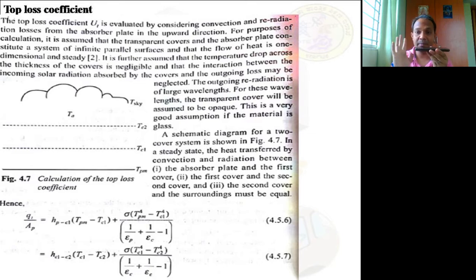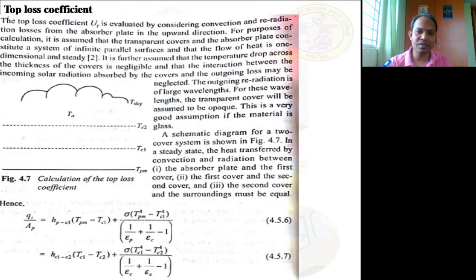If you consider three-dimensional, that means heat is lost in the x direction, heat is lost in the y direction, and heat is lost in the z direction. X, y, and z. So the three dimensions are very difficult. So what we do is assume whatever heat loss occurs is only in one direction. That can be x or y or z. You can take any one direction for the heat losses. So we just assume this as one-dimensional heat loss.